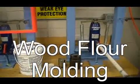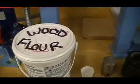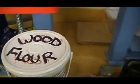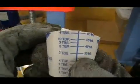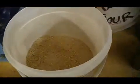We're now going to make the insert for the pen base. We're going to make it out of what's called wood flour. Wood flour is a composite material of sawdust and a powdered adhesive. There'll be a small cup inside the container. You want to fill that completely with the sawdust mixture,